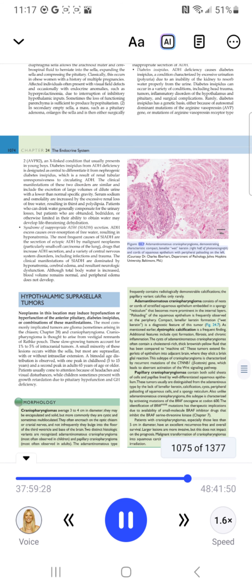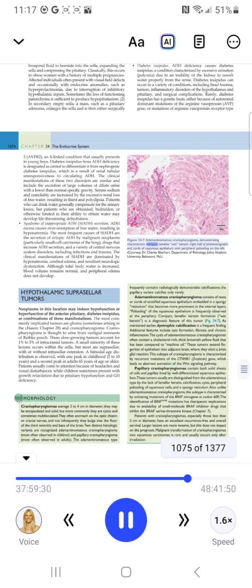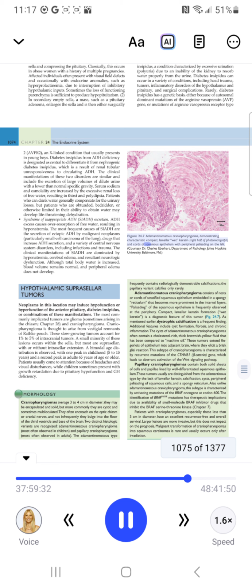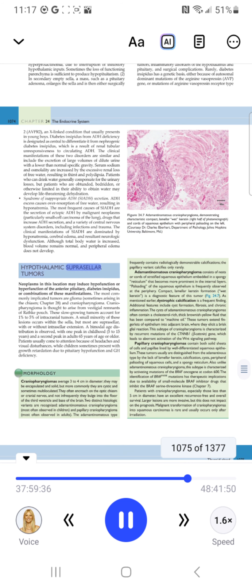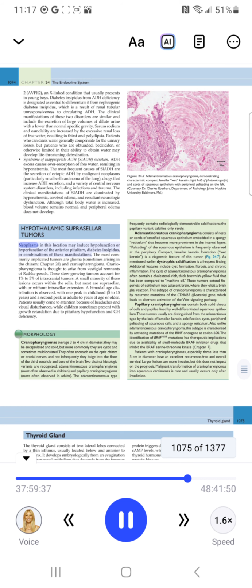Figure 24.7, adamantinomatous craniopharyngioma, demonstrating characteristic compact, lamellar wet keratin, right half of photomicrograph, and cords of squamous epithelium with peripheral palisade. Courtesy Dr. Charles Eberhardt, Department of Pathology, Johns Hopkins University, Baltimore, MD. Hypothalamic suprasellar tumors. Neoplasms in this location may induce hypofunction or